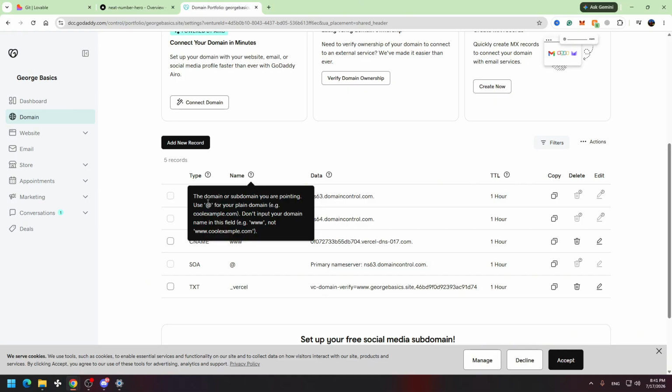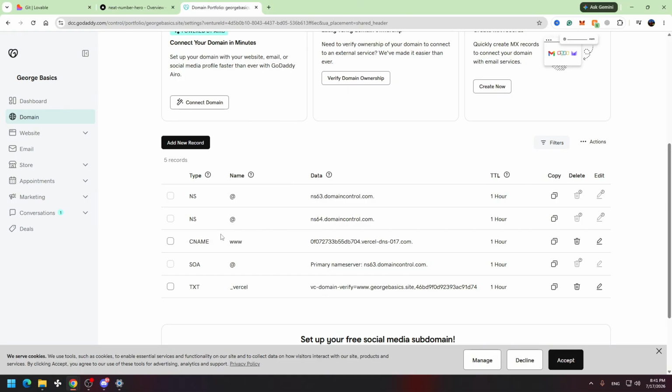So after that, you need to wait from a few hours to 48 hours and your domain will be connected to